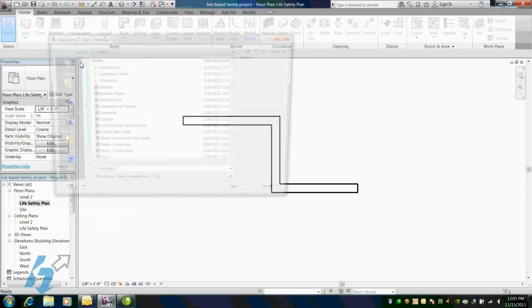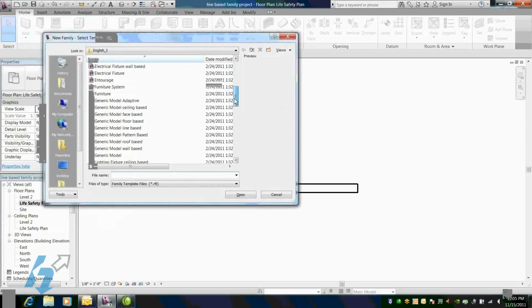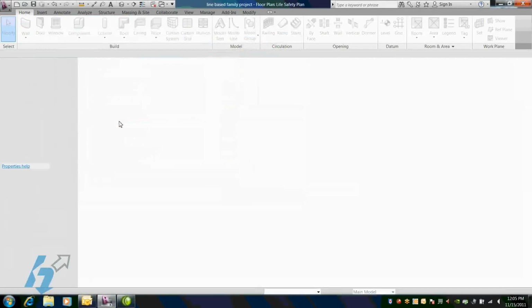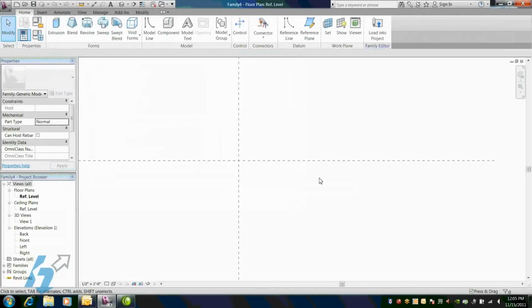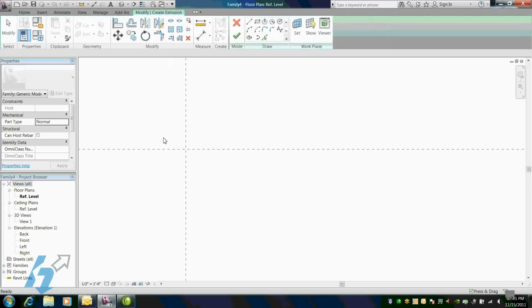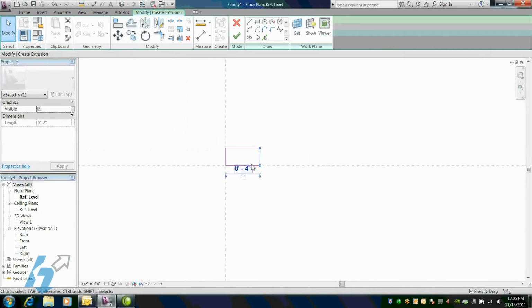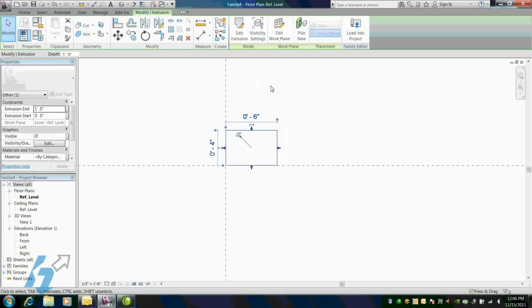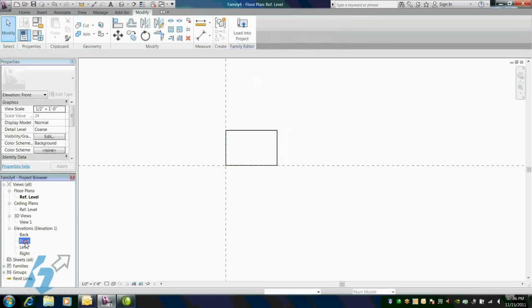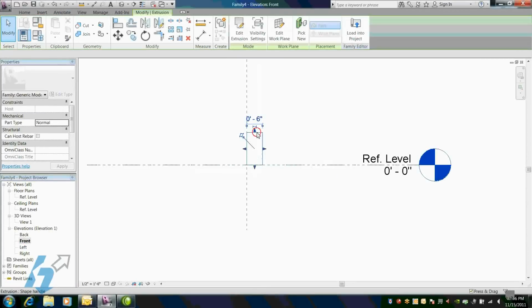and what we're going to do is we need to make two families. So the first family we're going to make is with the generic model template, and so we're at the reference level here inside of our family, and I'm just going to do a simple extrusion of a small rectangle here. Now keep in mind this is going to be placed on the reference level in a floor plan view inside of the family. And all I'm doing is creating a generic family of two extrusions, which would be a long segment and a short segment,